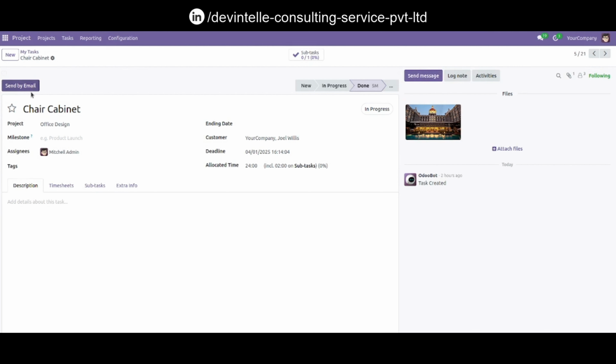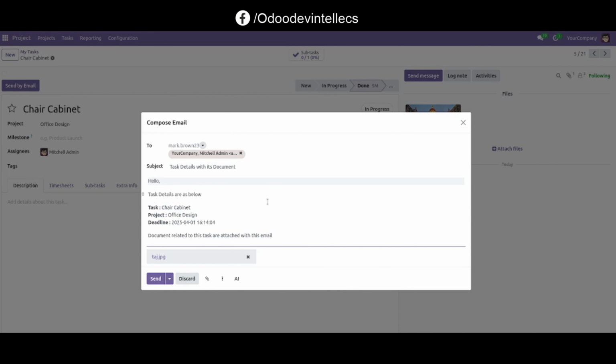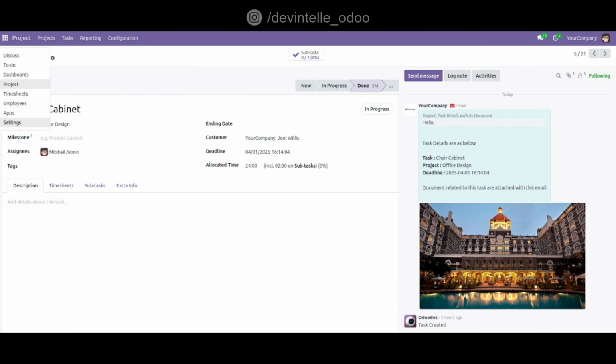See here this Send by Mail. Click on it and you can see here the attached image is also attached with the email. Now click on this Send button. Now go to Settings,